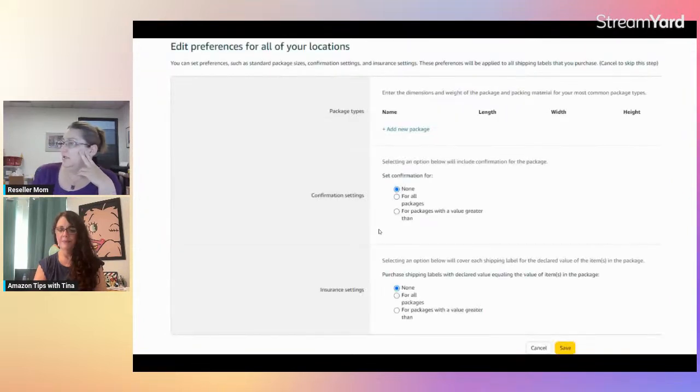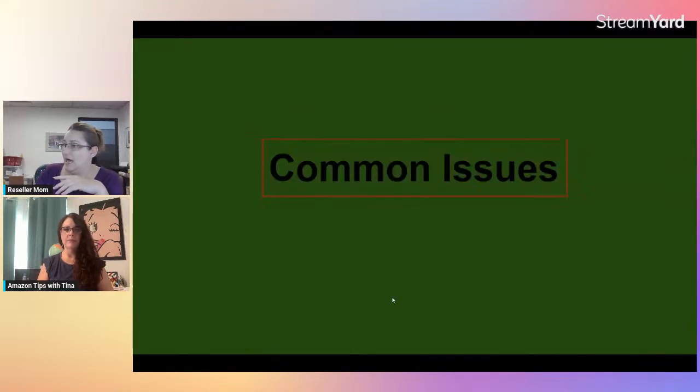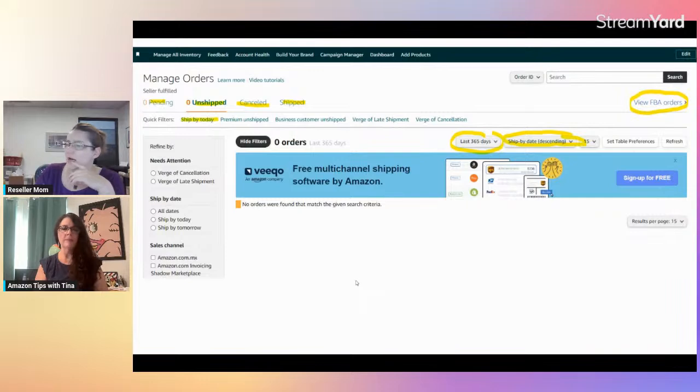And then let's see here. What is this? Edit your preferences for all locations, package types, confirmation settings, and insurance settings. If you wanted to default these, if you sold high-end Apple Watches all day long, you'd probably want to have a preference for insurance. I don't. And then we've got common issues. Yeah, I think you're right. I don't think I added